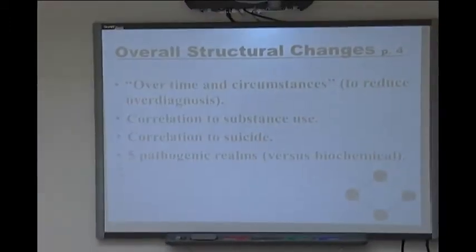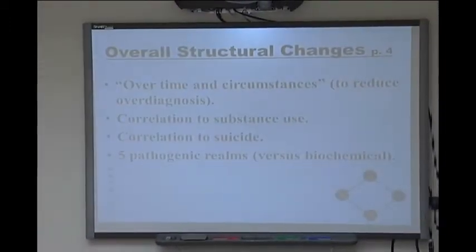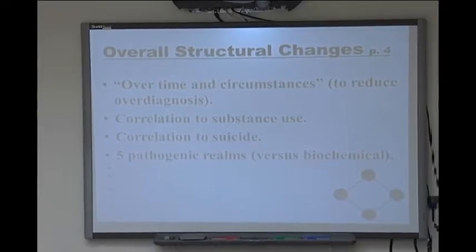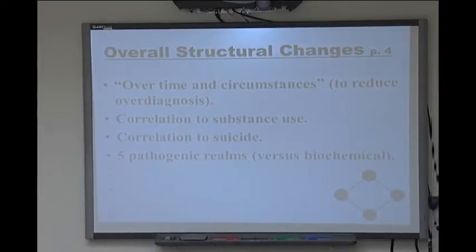This language of over time and circumstances is to reduce overdiagnosis, and you'll see the language very specifically for specific disorders where it was felt that especially children were being overdiagnosed with something. You will note the correlation to substance abuse, as I said earlier, and the correlation to suicide. And then I'm going to be talking about these 5 pathogenic realms, which I will explain what those are in a little bit,